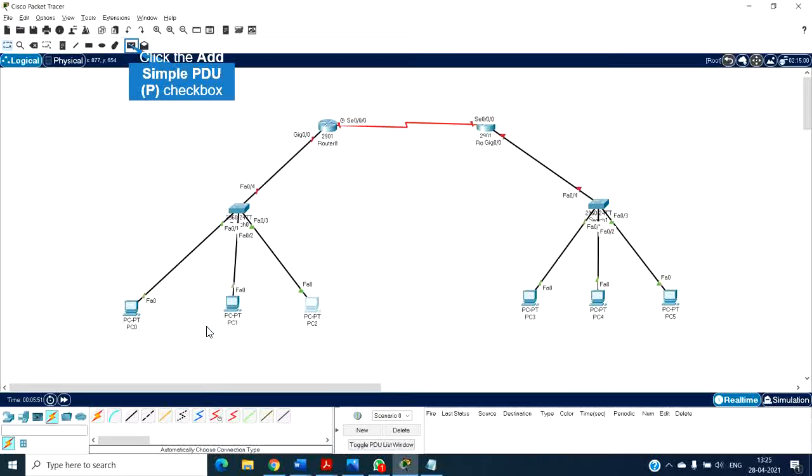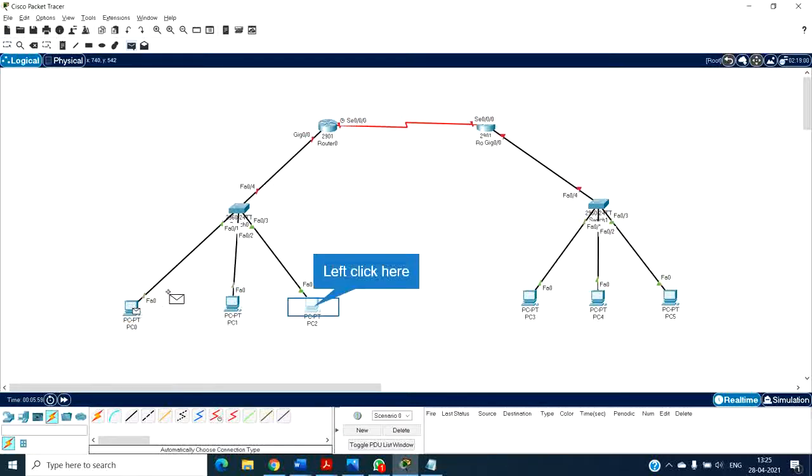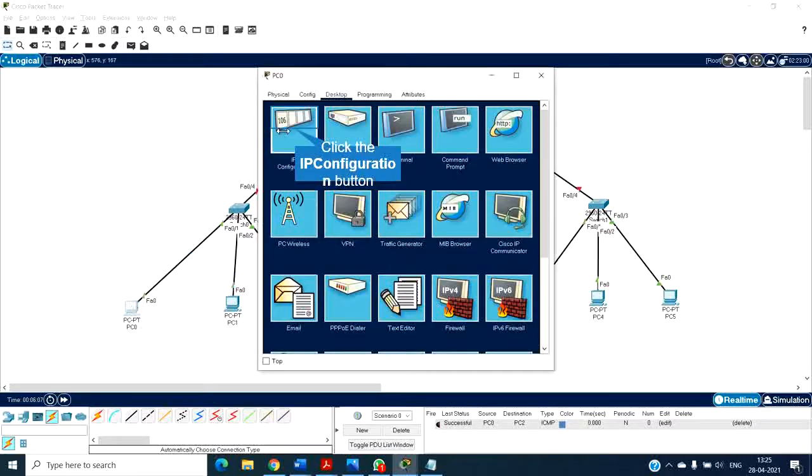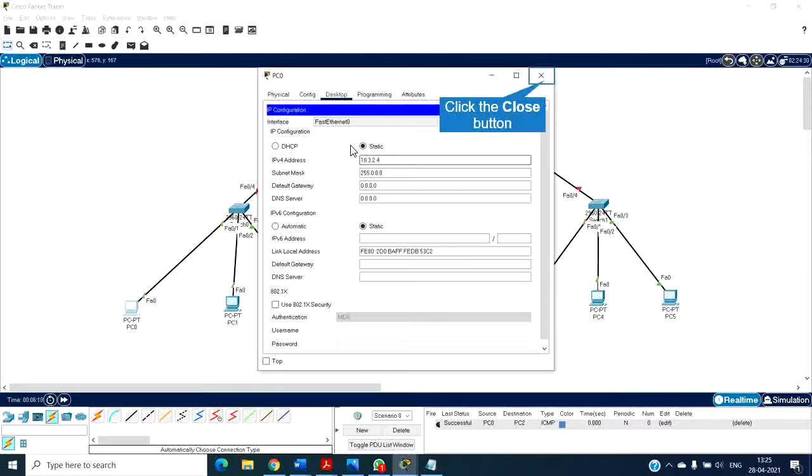Now the first scenario, wherein we send a packet from one system to another system within the network. As visible, I have not set the default gateway. That means I am not imposing any router information on the systems. But still, we can see a packet transmission will happen from PC0 to PC2. I'll just drop a packet to show. See, it was successful.